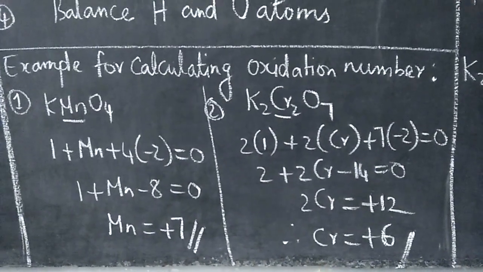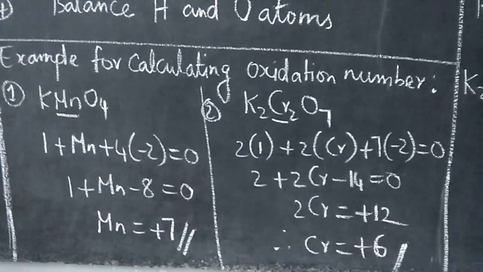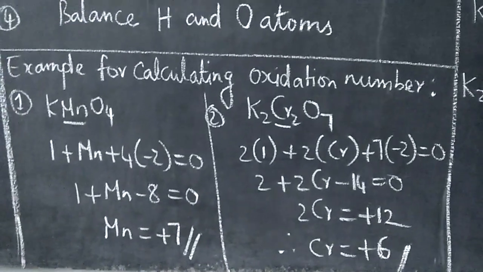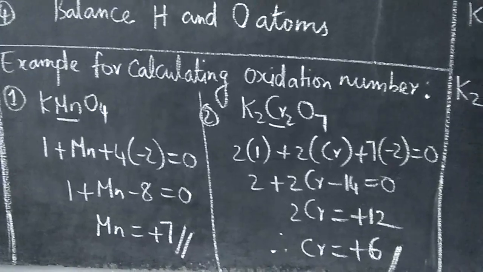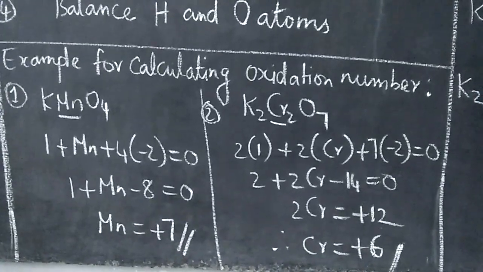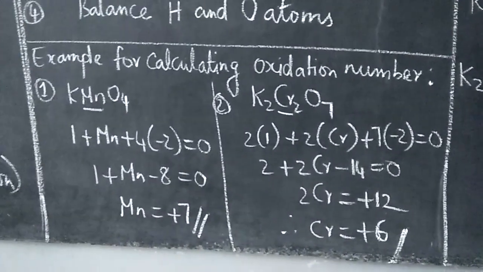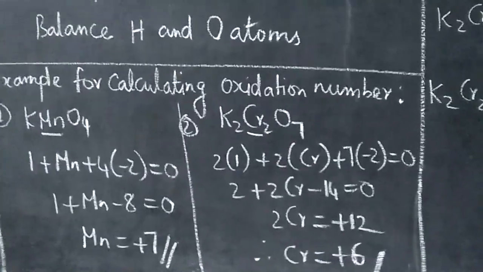This you have learnt already, the steps, the rules for writing oxidation number. You might have studied that. Refer to it again in your book, it is given. I have also given class notes for that. We have done so many examples, refer to that. Two examples I have given here.